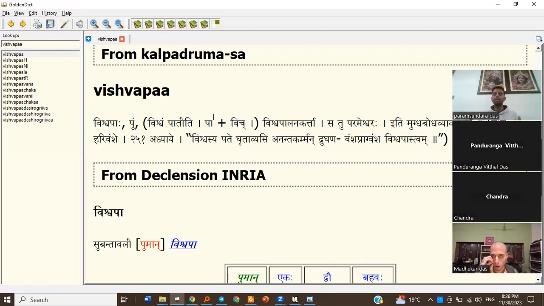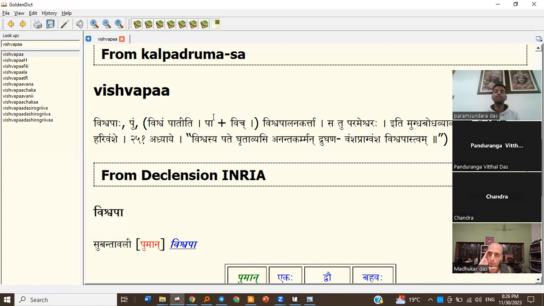So in a compound, in a Samasa in Sanskrit, there is the Purva Pada and there is the Uttara Pada. Compound means we have more than one word together. The first word is called Purva Pada, and the second word is called the Uttara Pada. There are six kinds of samasas, compounds in Sanskrit. I'm just going into detail because it will help as general knowledge. In some samasas, the Purva Pada is Pradhan, the meaning of the first word is on priority. And in some samasas, Uttara Pada Pradhan, the second word is prior.